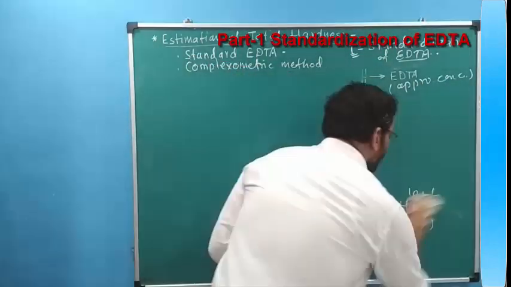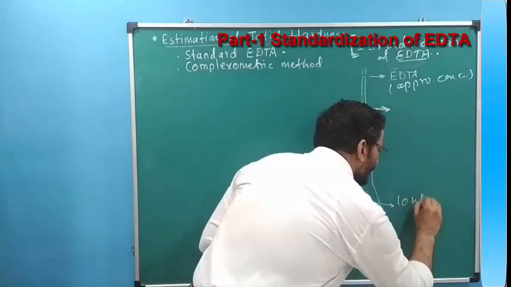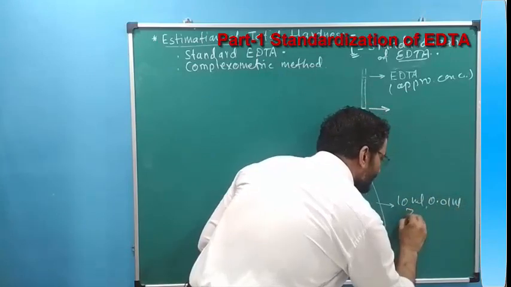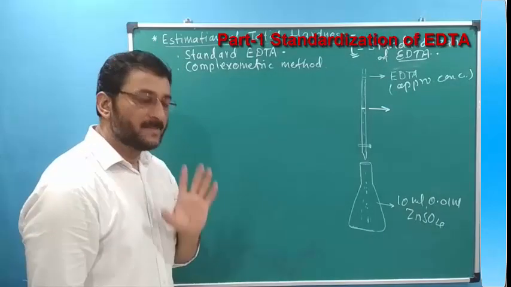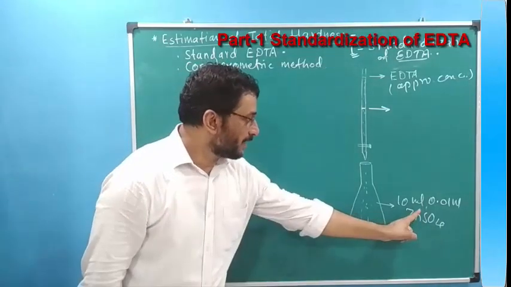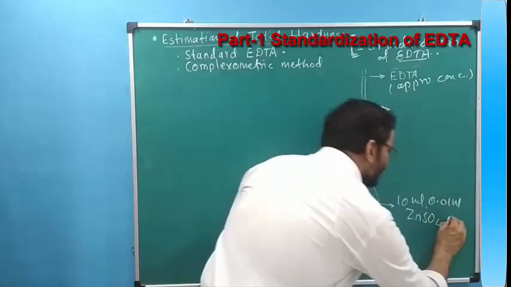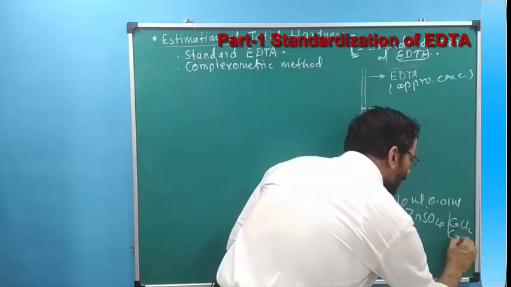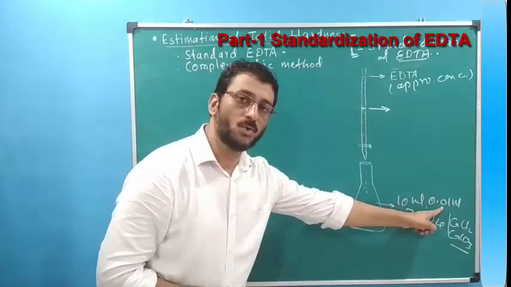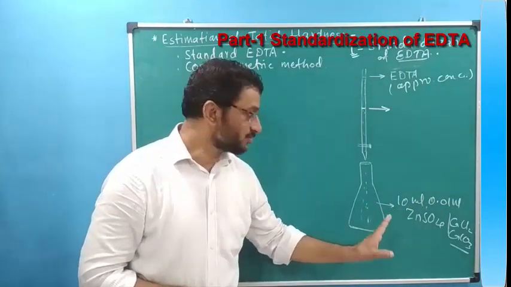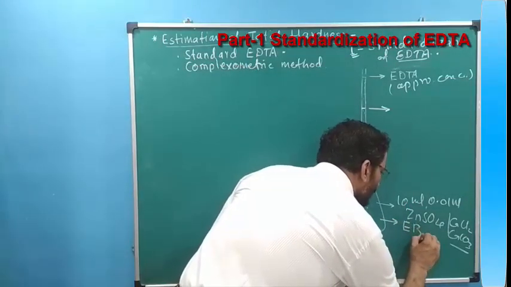Now in part 1, instead of hard water, we take 10 ml 0.01 molar zinc sulfate. Any salt solution you can take to make EDTA standard. In the flask, here we are taking 10 ml 0.1 molar zinc sulfate, meaning standard zinc sulfate solution. Or we can take CaCl2 solution, or CaCO3 salt, or any other salt. Known volume and known concentration. Any salt solution you can use. What indicator are we using? Its name is Eriochrome Black T.